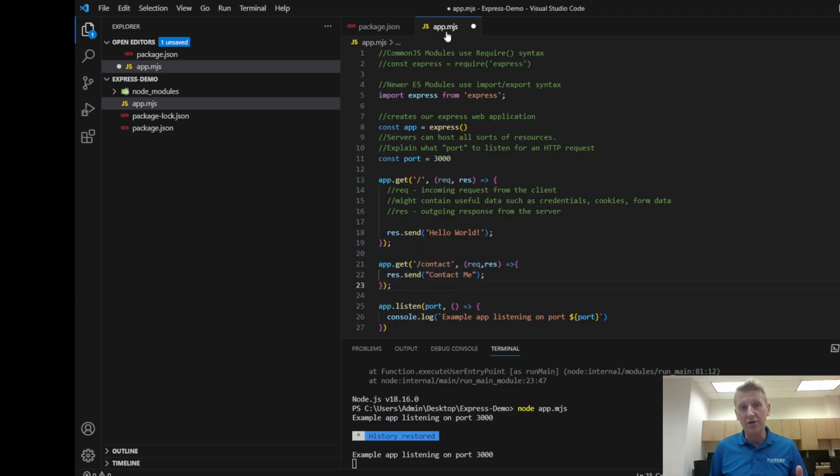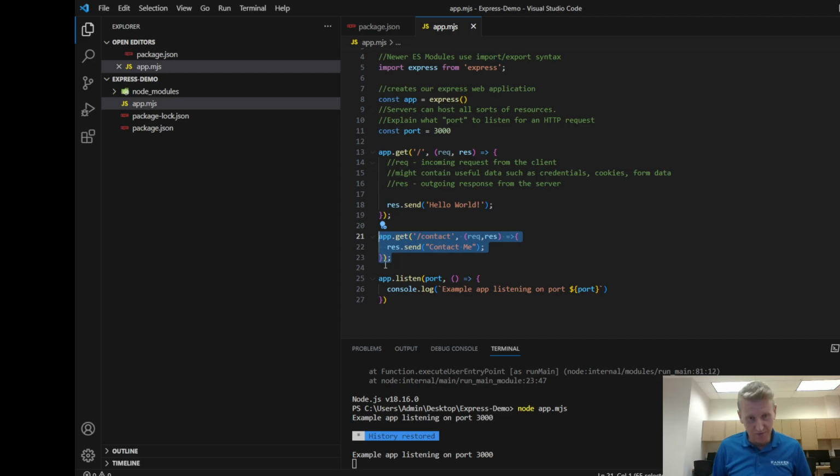And so this file, this app.mjs, is like your starting point. You want to keep this file as simple as possible, and you want to extract out pieces if you can extract them out, right? If you know basic programming concepts, it's like, hey, keep files minimal, keep them as simple as possible. So one thing that we'll do is take all of our routes and extract them out of this starting file using what's called a router. And so that's something that's coming. But